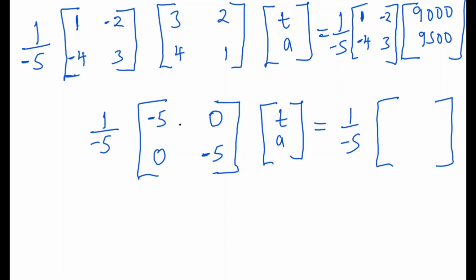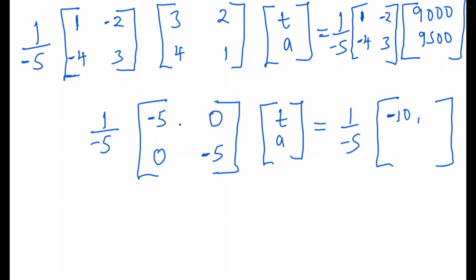You can use brackets if you feel uncomfortable or if you feel not confident enough. So 1 times 9,000 is equal to 9,000 plus negative 2 times 9,500 is negative 19,000. When you take 9,000 plus negative 19,000, that is the same as taking 9,000 minus 19,000, which shall leave you